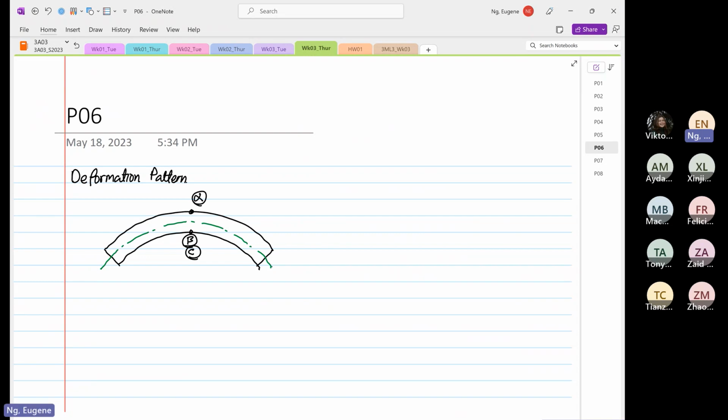So if I were to draw our moment vector, my moment vector will look like this. This is moment about Z, and this is moment about Z. So the head of the moment vector will be under what? Compression. And then the tail end of the moment vector will be under what? Tension. Okay, so we know based on moment vectors